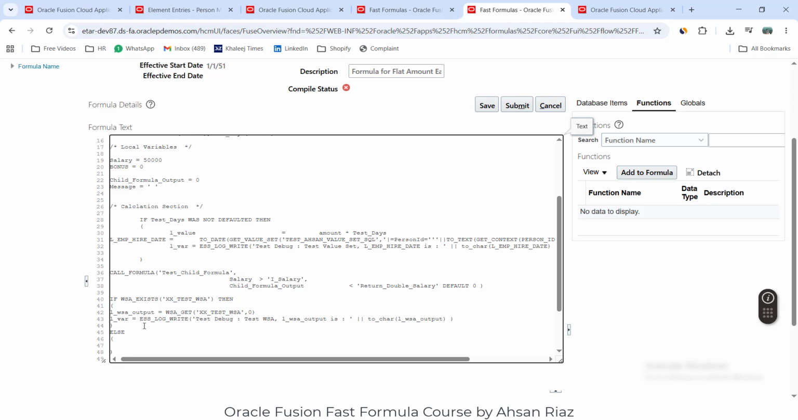I will write test debug test W, and I will say test WSA x text does not exist. Okay, and also another good practice is, whenever you are done working with the WSA work storage area, you